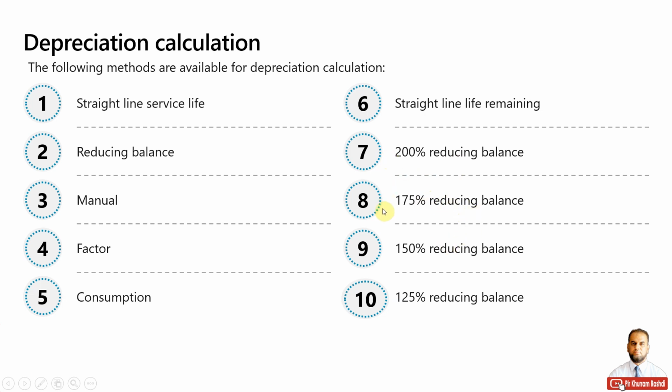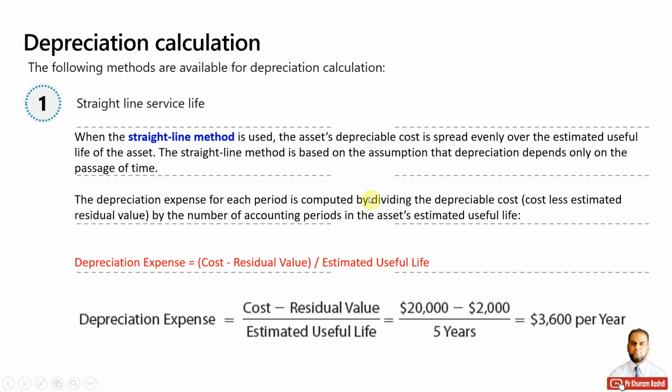Basically 7 to 10 are all variations of the second depreciation calculation method, called reducing balance, but with only a percentage variation. So we will define straight line